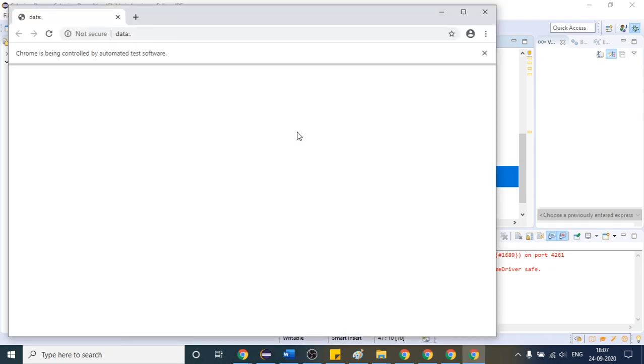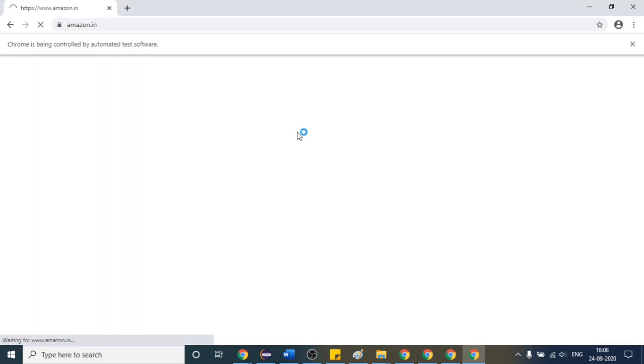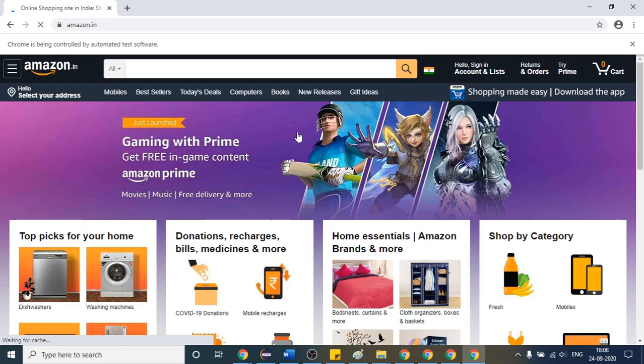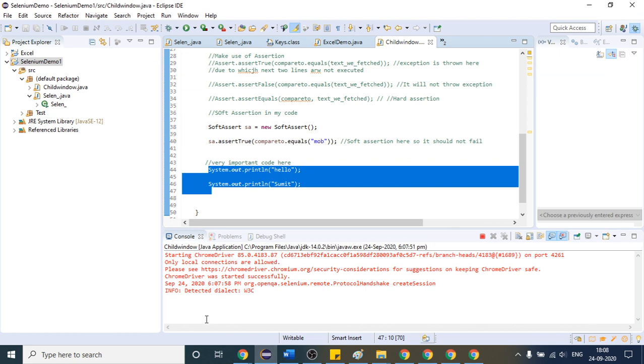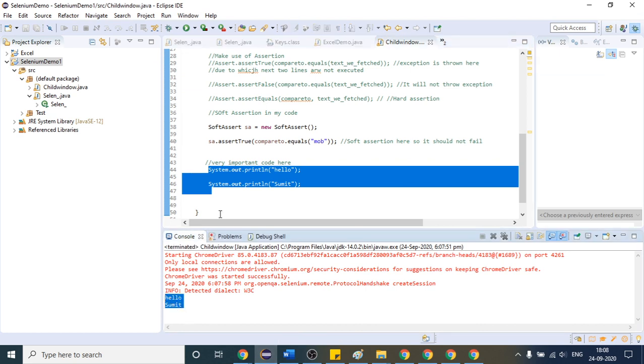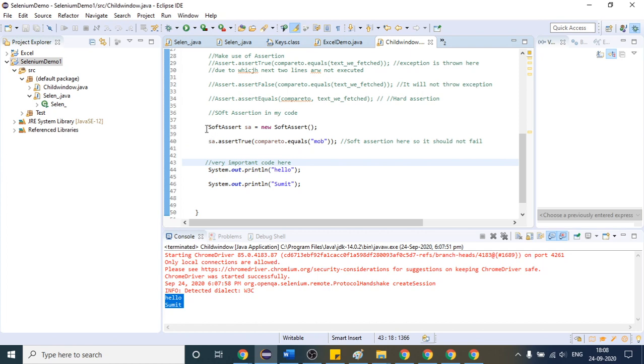So it has opened the website again, and this time the condition should fail, but you can see that it has not thrown any exception, right? Is it clear to everyone that if we use this soft assert, you may be wondering